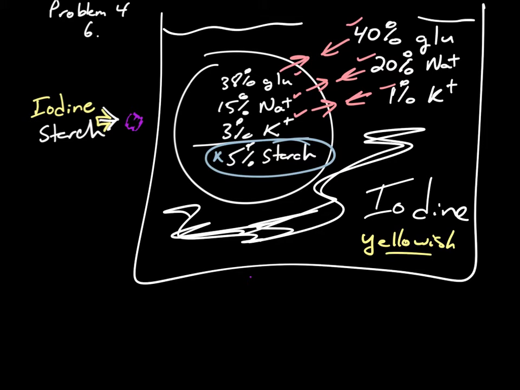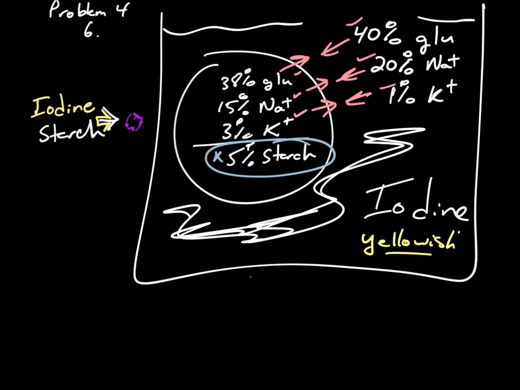Yellowish. Why is it yellowish? Because is there any starch outside? No starch outside. Does iodine go through the membrane according to our directions? Yes or no? Look at the directions. Is it permeable to iodine? The answer is yes. Iodine is permeable